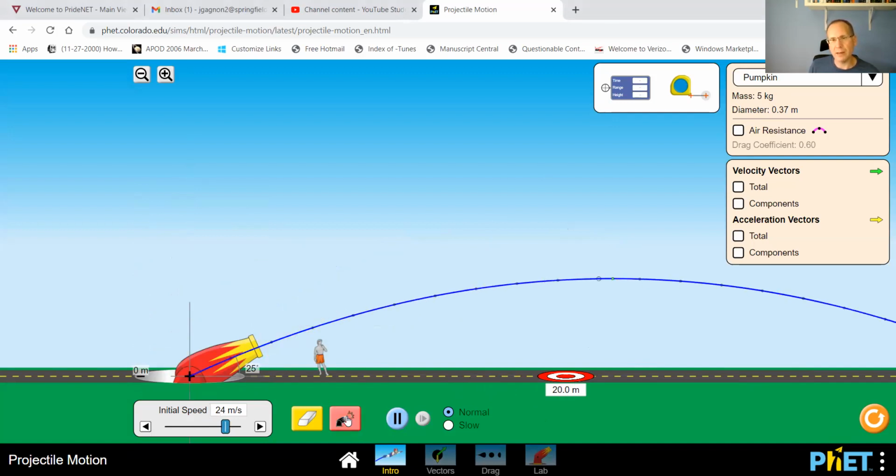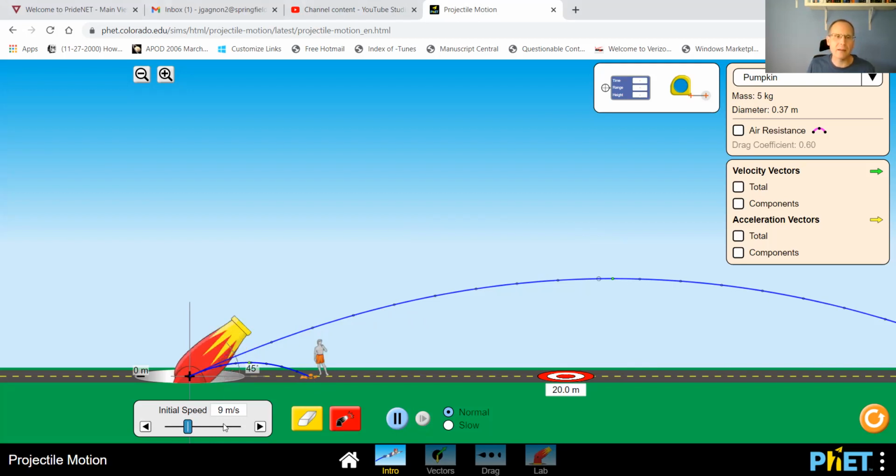Nope, that's way too fast. Okay, I'm launching a pumpkin right now. Then you decrease, let's go to like, say 9. You think 9. Nope, that's way too short. Eventually, you're going to find exactly the correct speed, so you hit right in the center of the bullseye. So I just want you to find the correct speed. You could calculate this, right, using the range formula, but you don't need to do that. I just want you to experimentally find it by playing around with the simulation,